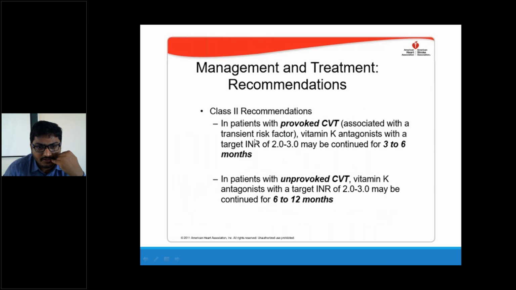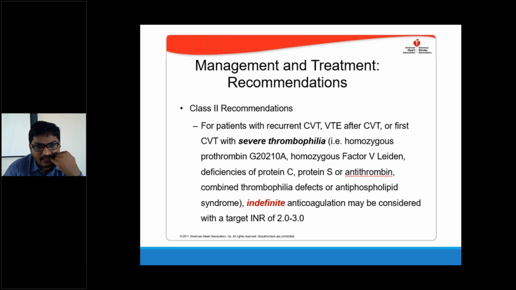For vitamin K antagonist, we should maintain a target INR of 2 to 3. We can continue for 3 to 6 months, right? And this we have already discussed, what the causes are and what we should do. This also for thrombo